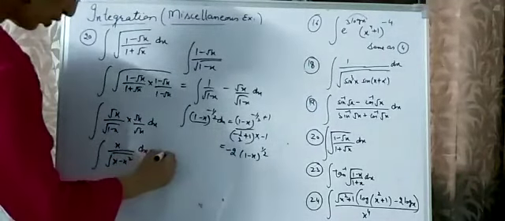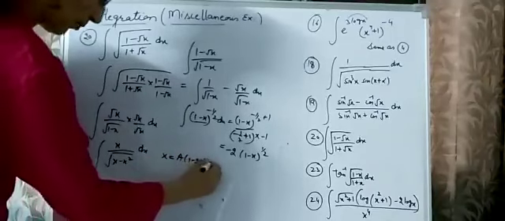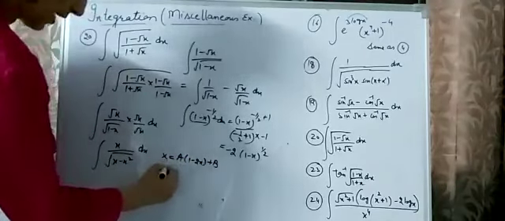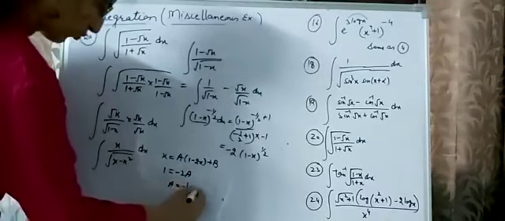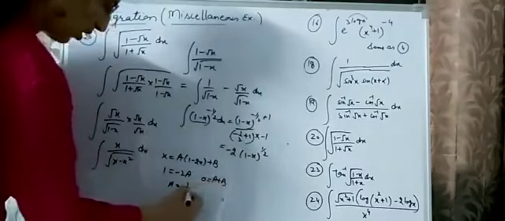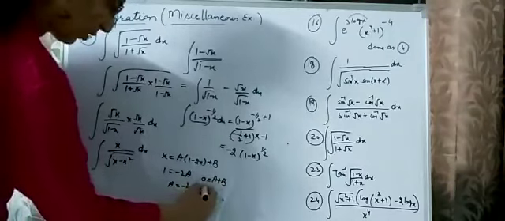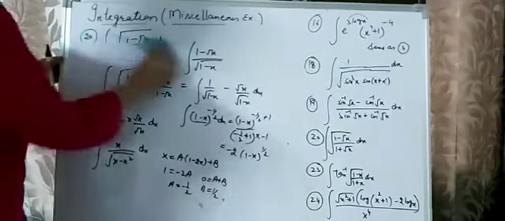What is the derivative? So we write down x is equal to a into the derivative of this plus b. Comparing x, you will get 1 minus 2a, so a is equal to minus 1 by 2. Comparing the constant, a plus b. So a is minus 1 by 2, so b is 1 by 2.